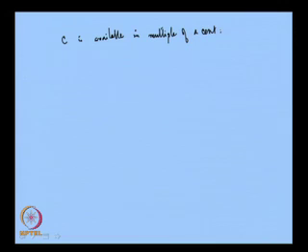Cent is the smallest denomination. In Indian convention it could be paise. So, C is available in multiples of paisa. In this case, does the result change in the ultimatum game? That is the question. And the answer is, in fact, it does, because if you remember,